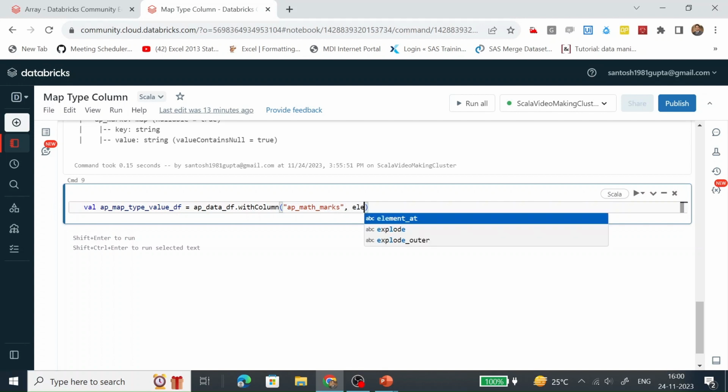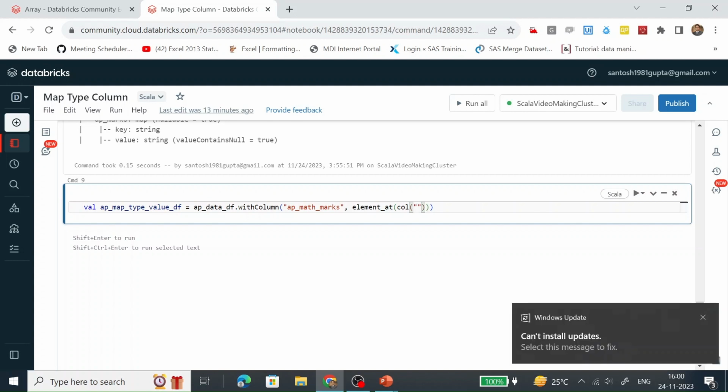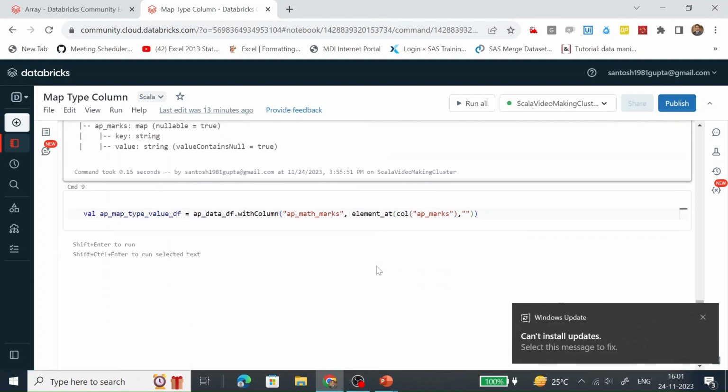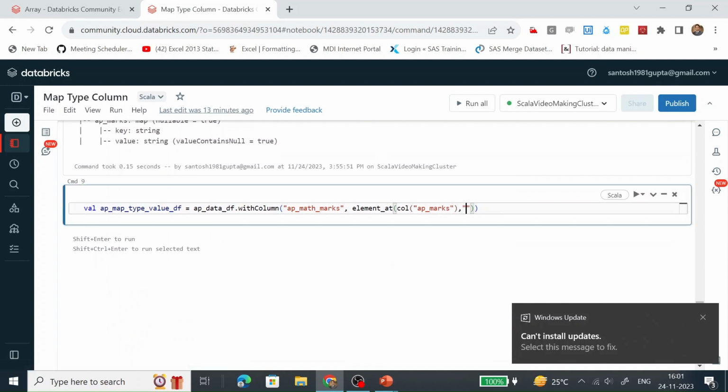It will populate with the help of an element_at function, and in element_at, it is going to take the name of the column which is of map type, AP marks, and the key from where we are going to fetch the value from a map object. So the key is AP_math_marks. Let's create one more column.